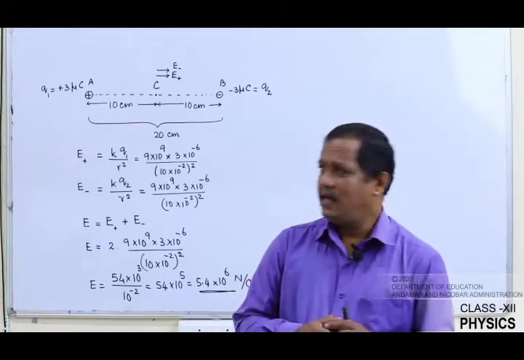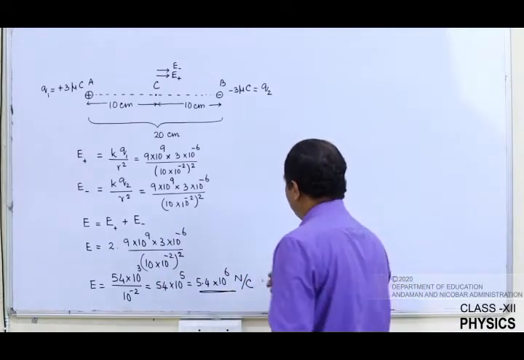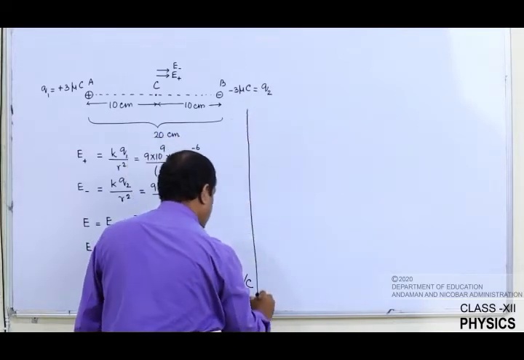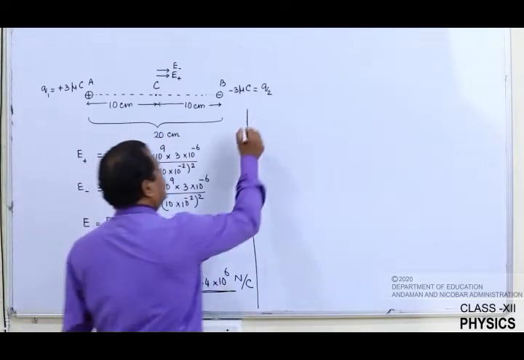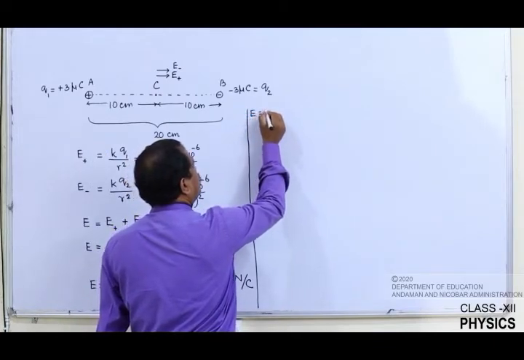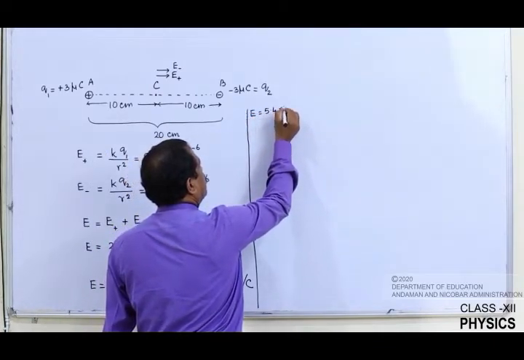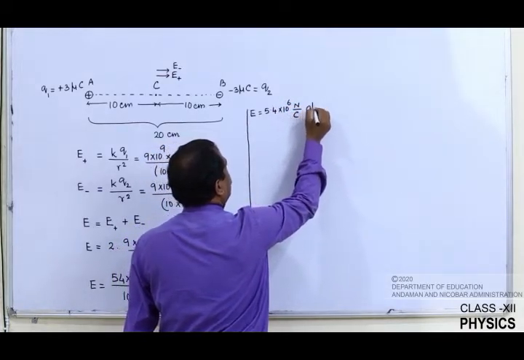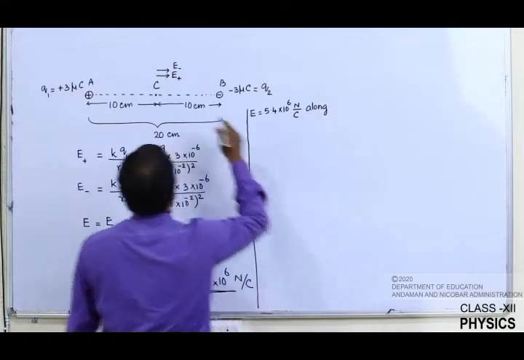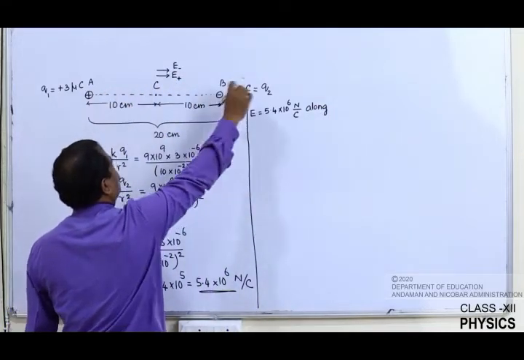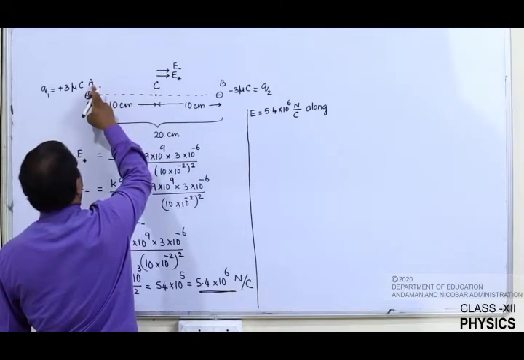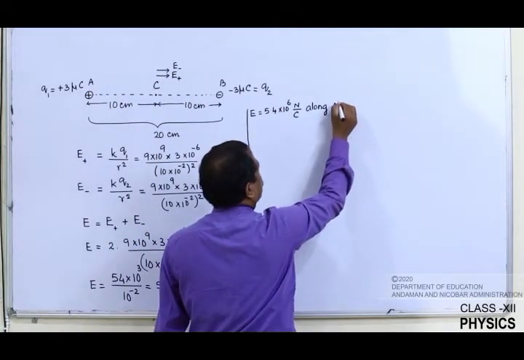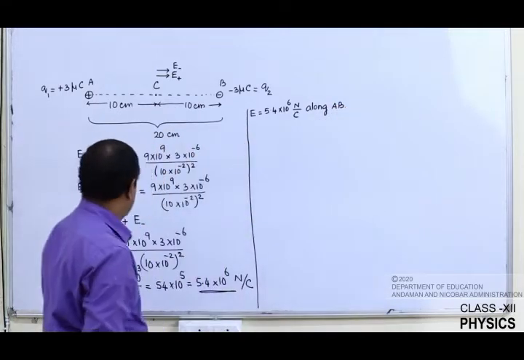I said how to express this answer. Because electric field is a vector quantity, I will write the answer this way. E is equal to 5.4 into 10 power 6 Newton per Coulomb along, see the net electric field is acting along the positive direction of x axis. So to me I can represent it from A to B, so along AB. This is one way to calculate. The second method